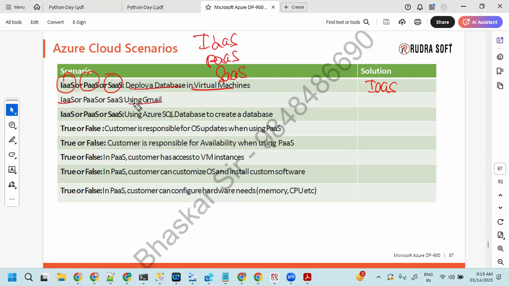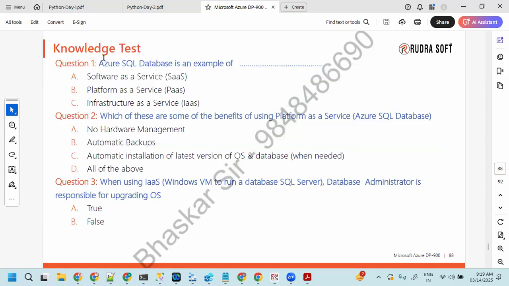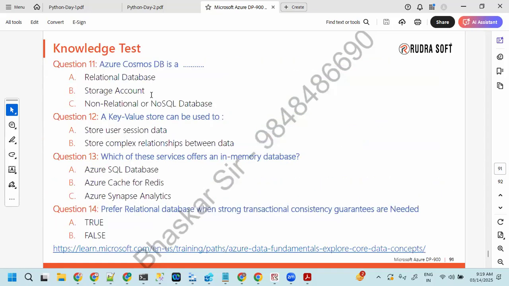Gmail comes under which service? It is going to be a SaaS service. So just try from your side and let me know. You can get to know the basic details of this. I have given a test case, so try to write your test, so that you have an idea of the services before going to the testing. You can go for this so that you can attempt your DP-900. After completing this, I have also given dumps. Go through the dumps and try attempting your DP-900 certification.